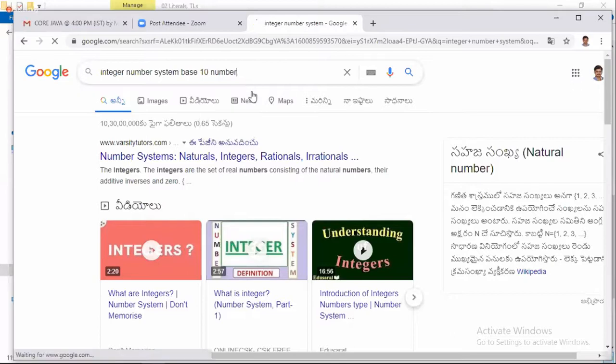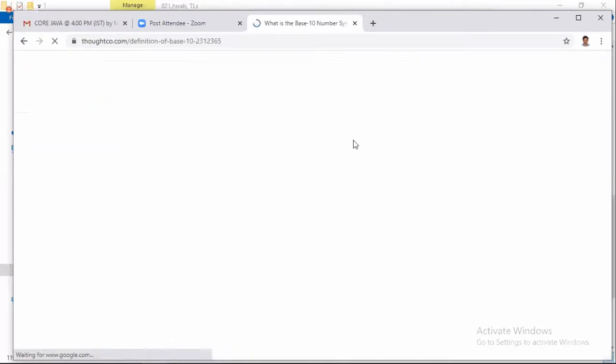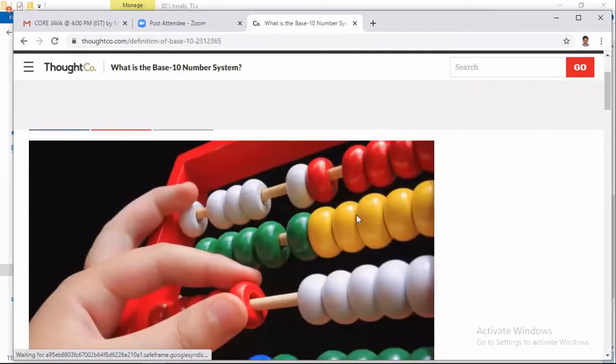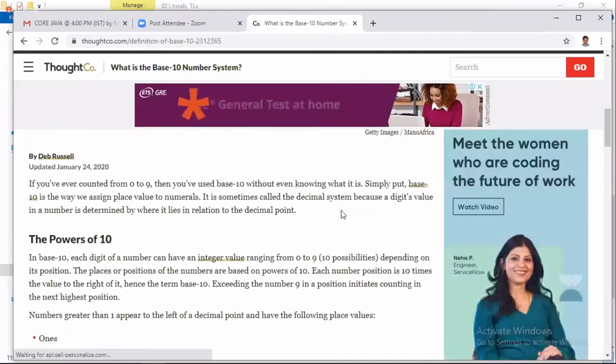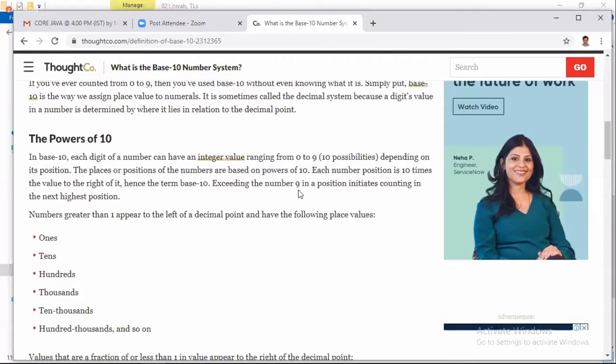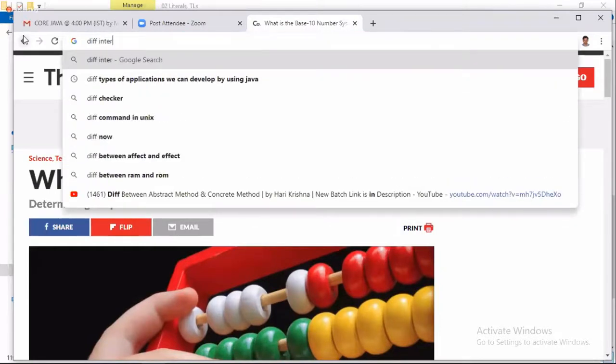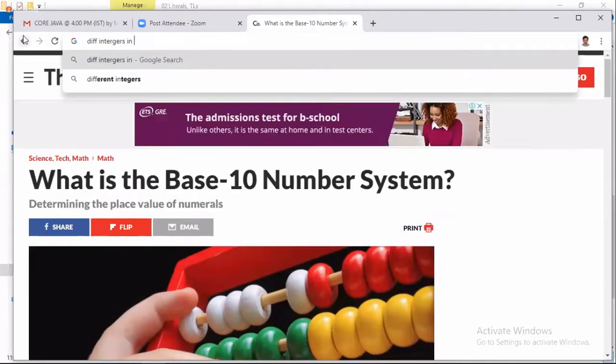Now I should learn maths again. Okay, let me write like this: different integers in Java.